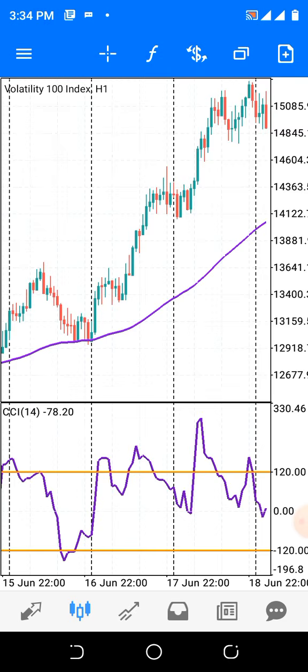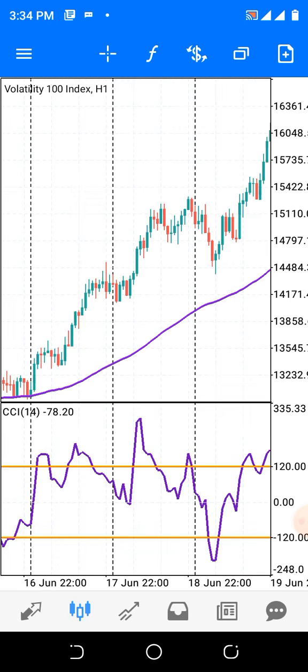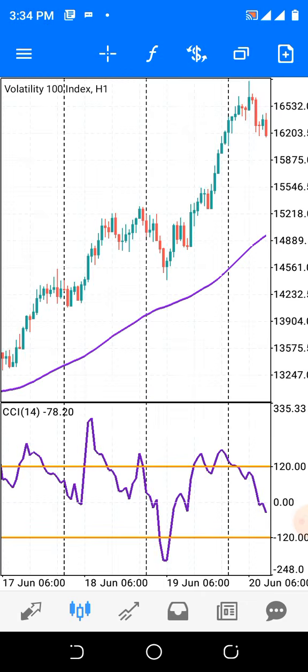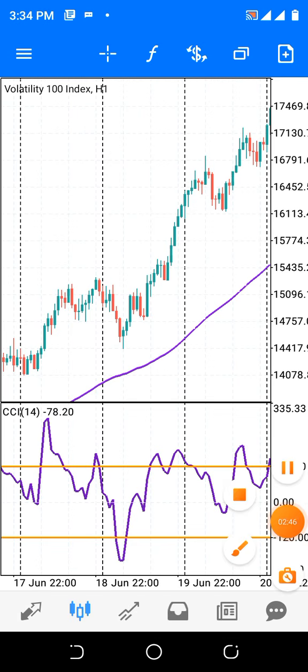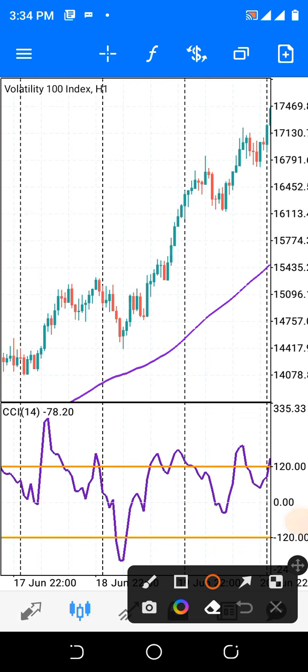Now, here is another opportunity for you to gain a lot from the market. Look here, you will see the CCI touching the lower line of the CCI, and it traces where the price is. This is where you make your buy entry. Do you understand? And this is your gain. As easy as that. Now we move.